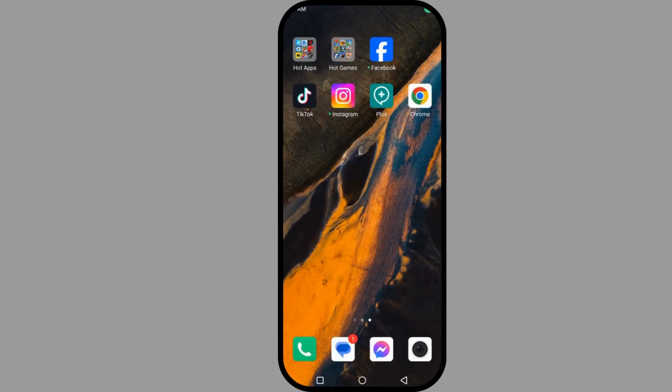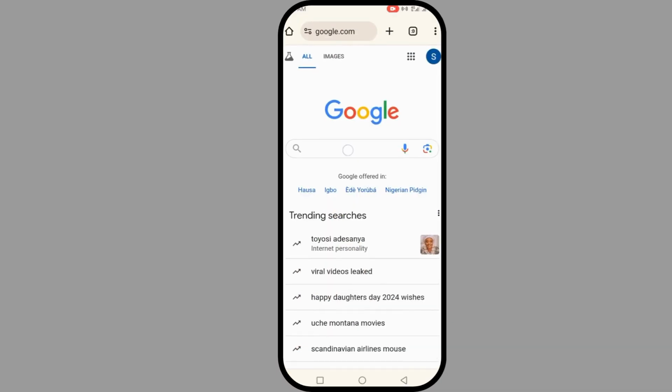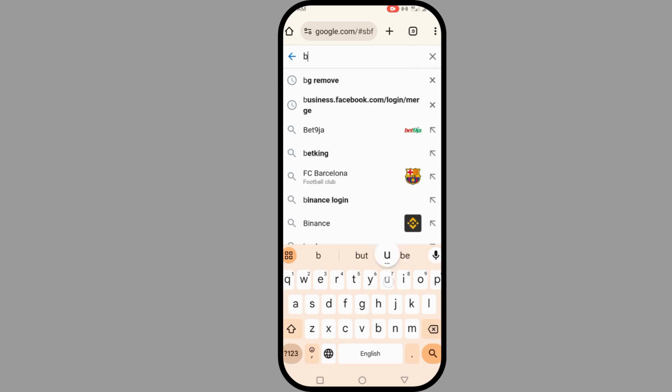Yeah guys, so today I'm going to show you how to create a Facebook Business Manager account. Let's get started. The first step is you open your Chrome browser and now you search for